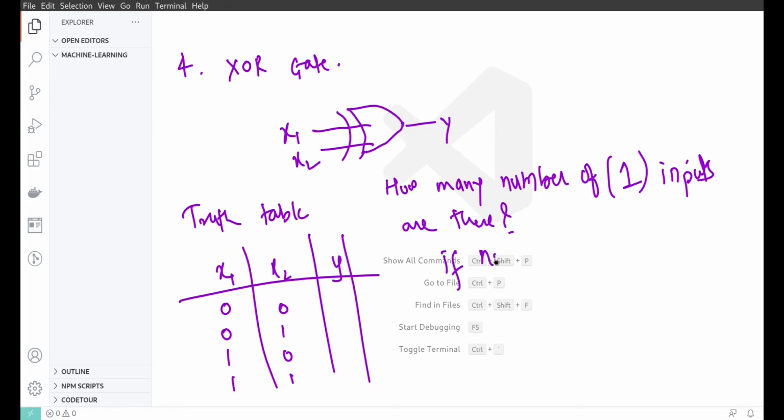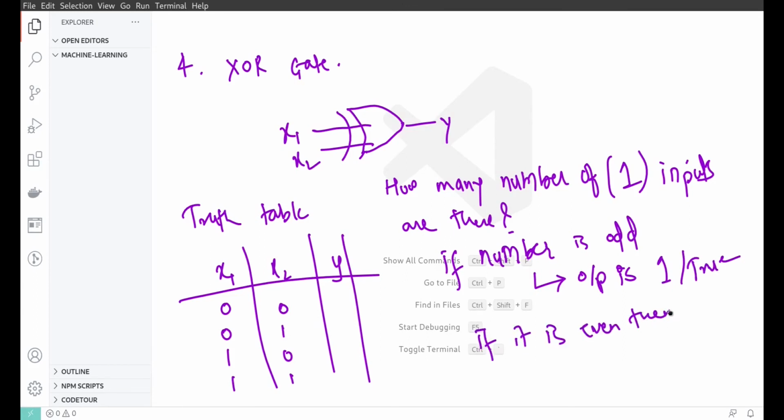So if a number is odd, then output is 1 or true. If it is even, then output is 0 or false. So in this case 0 0, so even number of ones, that is 0, so the output will be 0. In this case we can see number of 1 is 1, so in this case, the output should be 1. In this case also, odd number of ones, so output is 1. And in this case there are 2 ones, so that means that there are even number of ones, so that